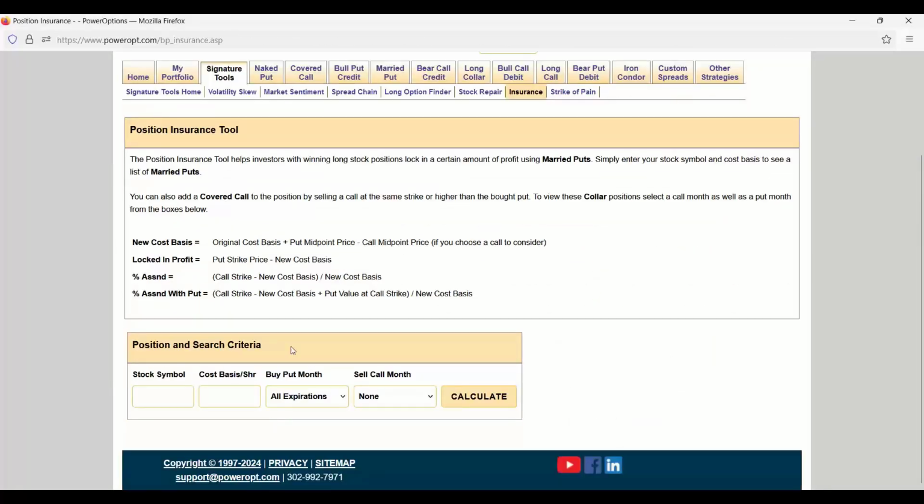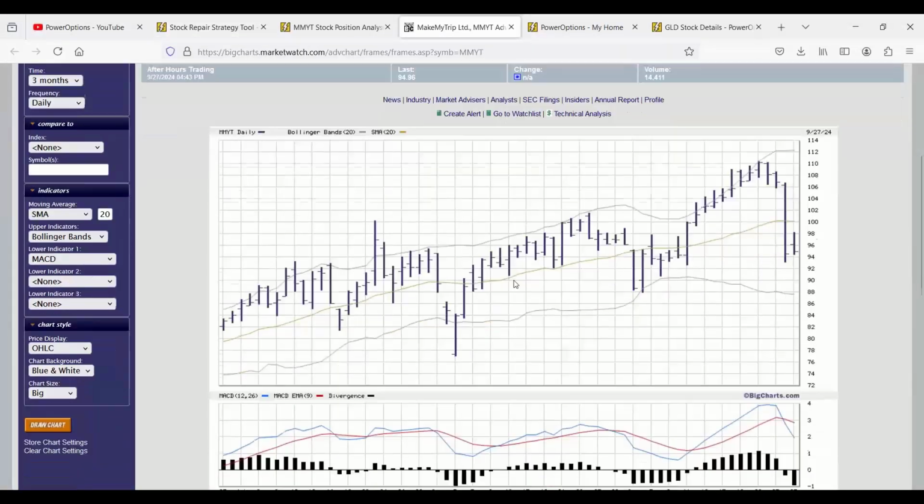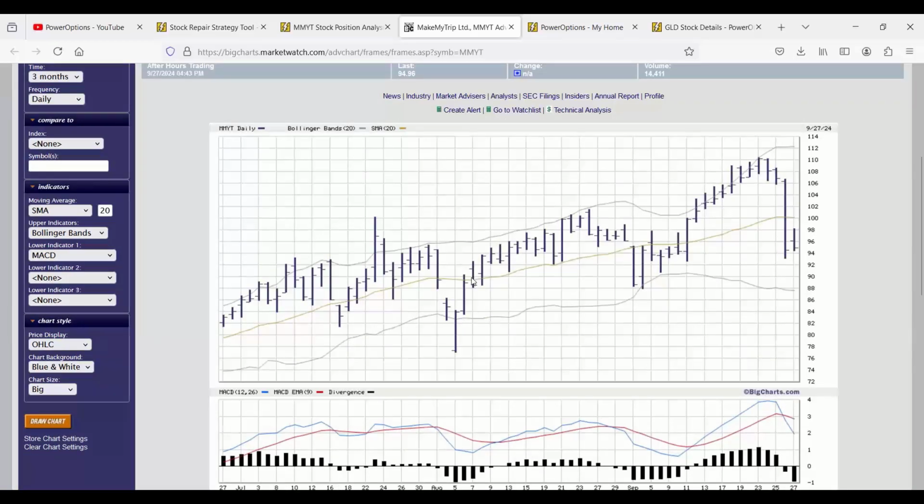Let's say that when I opened my married put position for MMYT, the stock was trading at about $66, $70, or $68. But let's say back on that previous chart we looked at, let me go back for a moment. Let's say that I managed to buy down here in this range, when the stock had pulled back and then it started to have a positive MACD, went above the SMA 20. Let's say that my cost basis for MMYT was $86 about 3 months ago. And I ran it up and now this fell down. But even though it's trading around 94, 95,